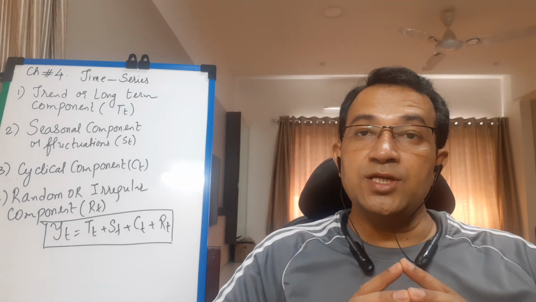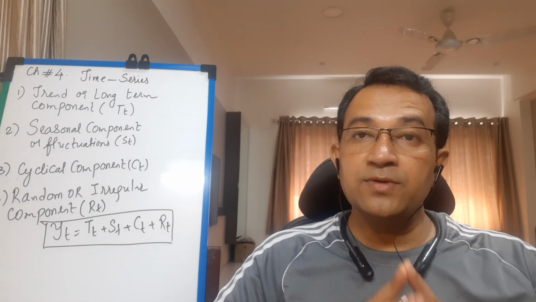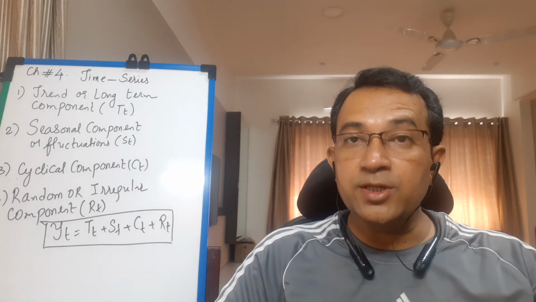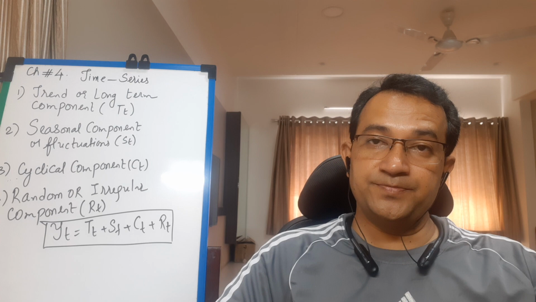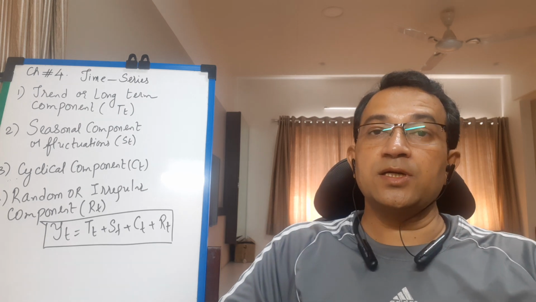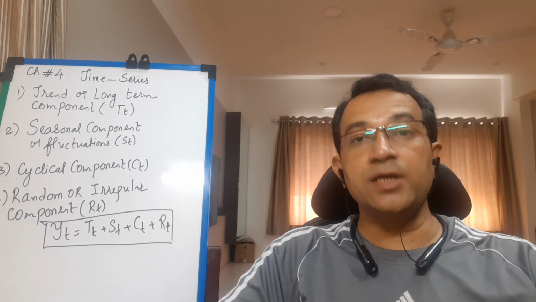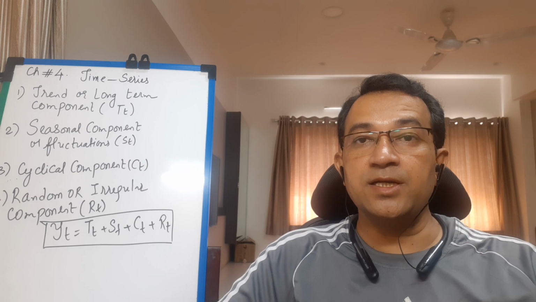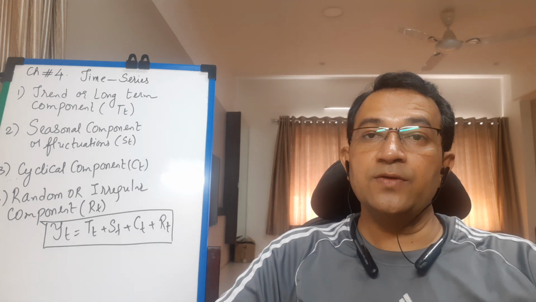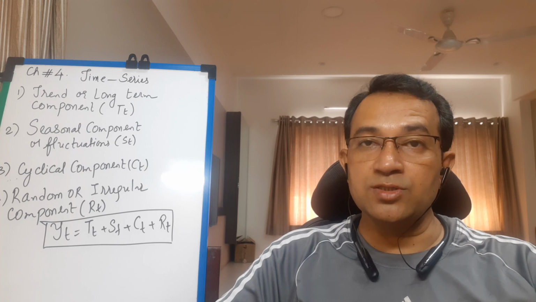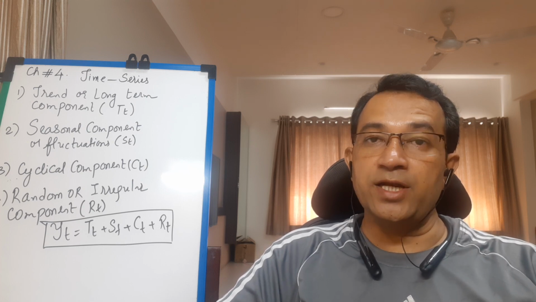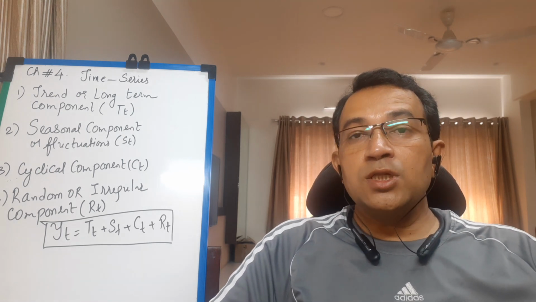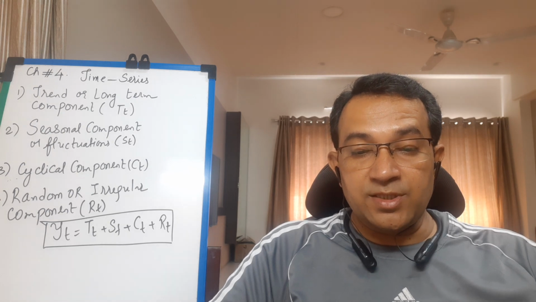So whenever we study change in the value of the variable quantity of a time series over a long period of time, then it is the effect of trend. And the variable is continuously found to be either increasing or decreasing. Some trends may increase and some trends may decrease. Say a decreasing trend is the use of landline phones. If you check within the span of the last 10 years, students, there is a constant decreasing trend in the use of landline phones. Now, the overall changes taking place in the variable of the time series are considered here.